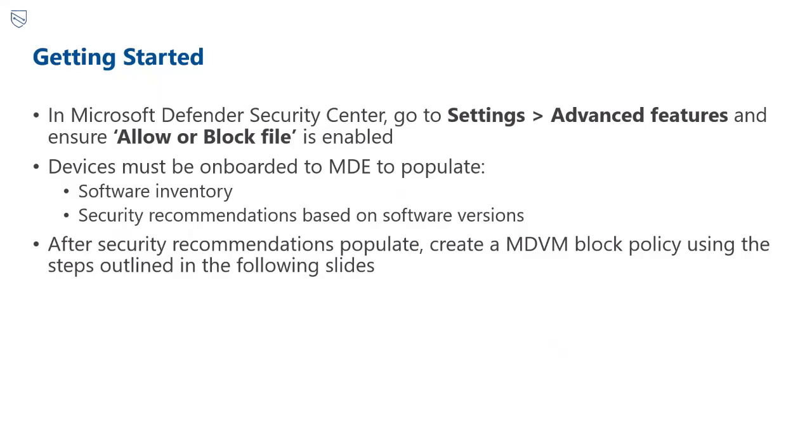So for getting started, you'll head over to the Defender Security Center or the Microsoft 365 Defender portal and go to Settings, Advanced Features, and make sure that Allow or Block File is enabled. This is required to ensure that file indicators are working within the organization, which is what the MDVM application block feature relies on. Devices must be onboarded to MDE,